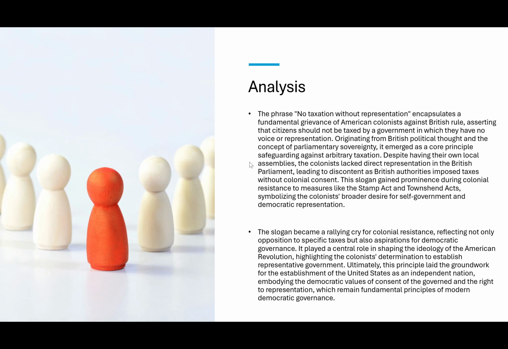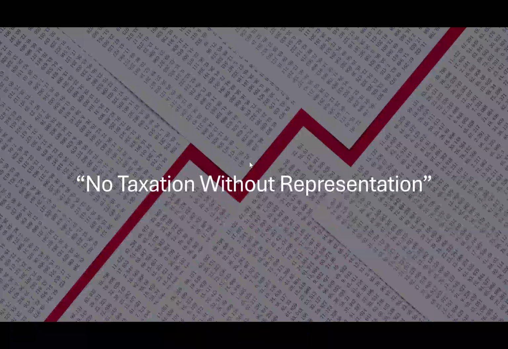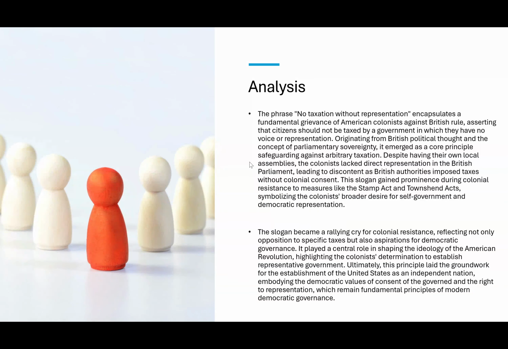So it is important to note that phrase when writing SSR, when speaking about the issues that led to the American War of Independence, because that was one of the main things that we have to look at. That was one of the integral issues, right? So that led to all of this. All of these acts were imposed, and all of these things took place because of the lack of representation. And that was the main issue that we could speak about for the actual start of the War of Independence, right? So those were really the main issues there. Okay.